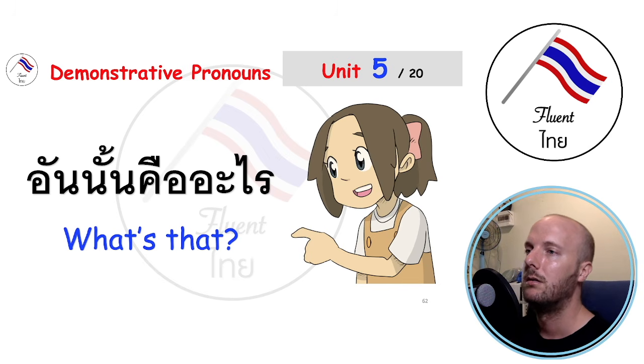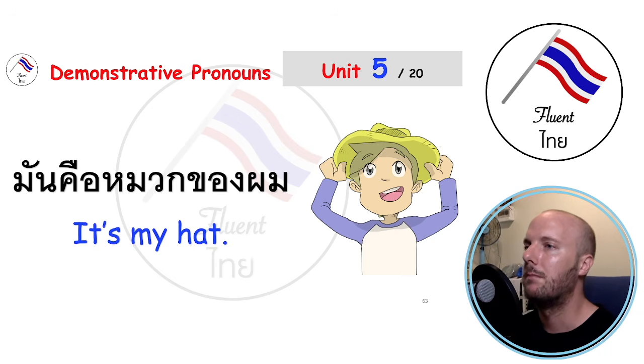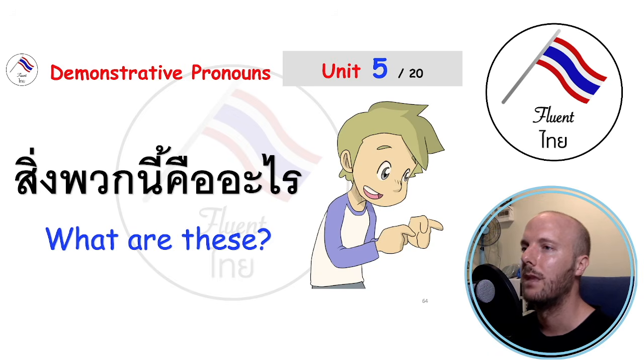What's that? อันนั้นคืออะไรครับ It's my hat. มันคือหมวกของผมครับ What are these? สิ่งพวกนี้คืออะไรครับ